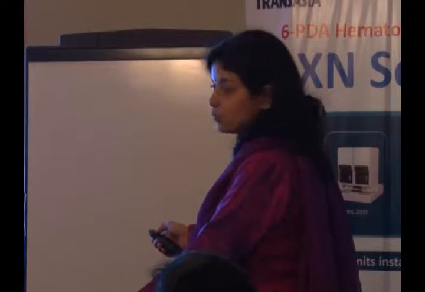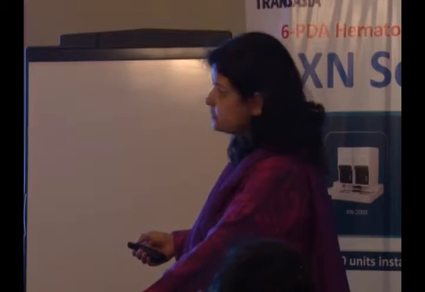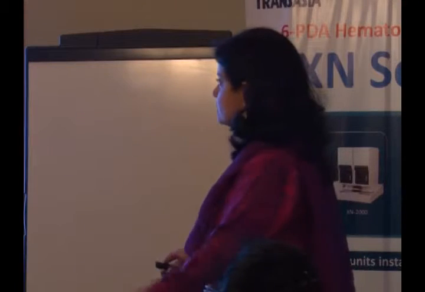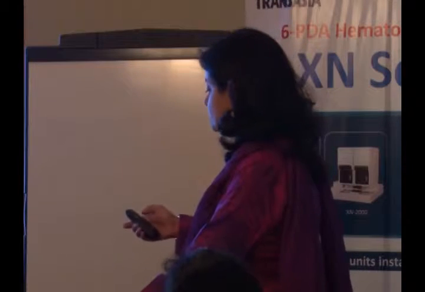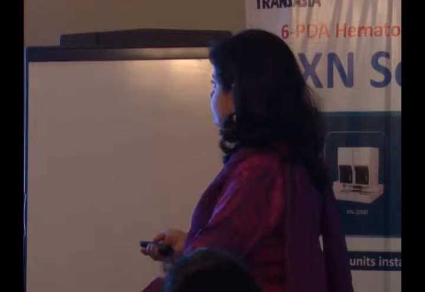In hemolysis, both are high. Somehow in leukemia, the reticulocyte count is low, but there is a good amount of immature reticulocyte fraction because the marrow is producing something. It's not that it has totally failed like in aplastic anemia. This erythropoiesis, I have never used it in MDS, but this is what the algorithm says. If you use them together, you get a fair idea of where you stand.